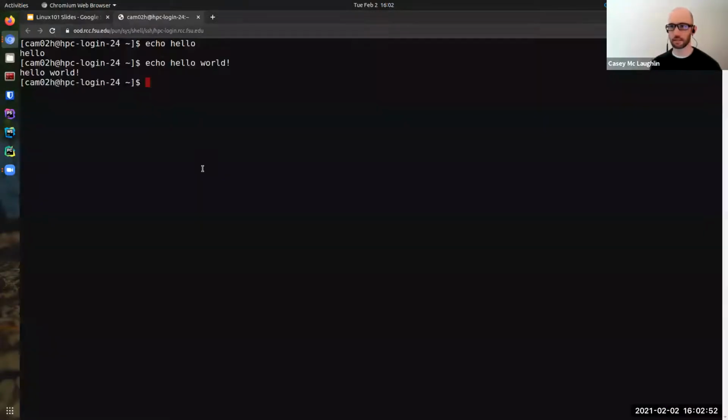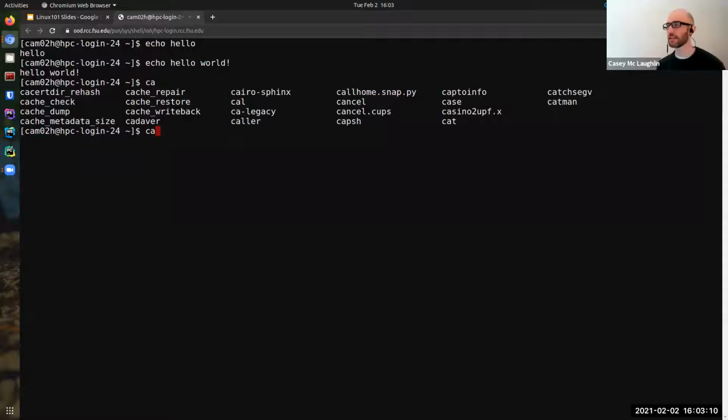Also, if you remember what the first couple characters of a command are, but you can't remember exactly what the command is, let's say we can't remember the cow command, you can just type in CA and then press tab, and it gives you all the executables that start with CA.